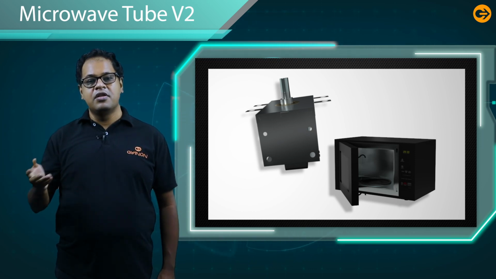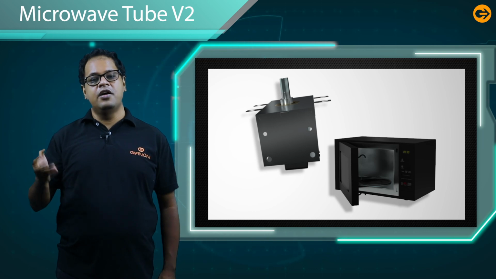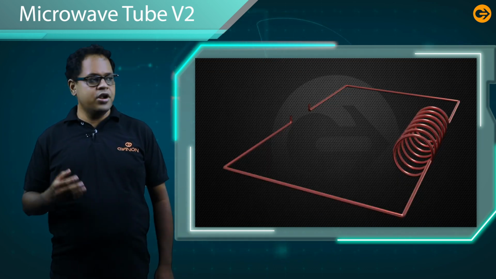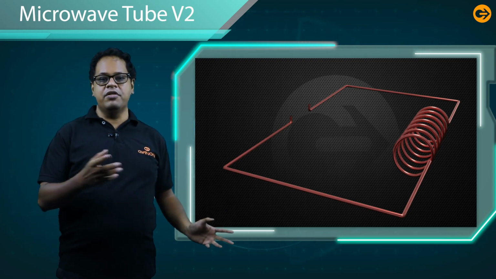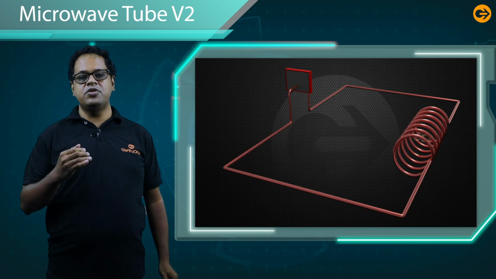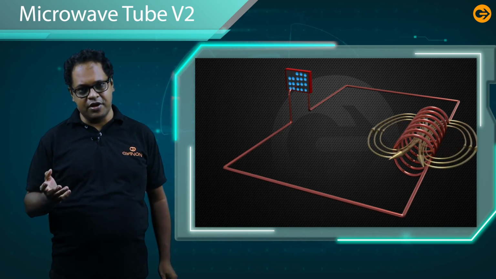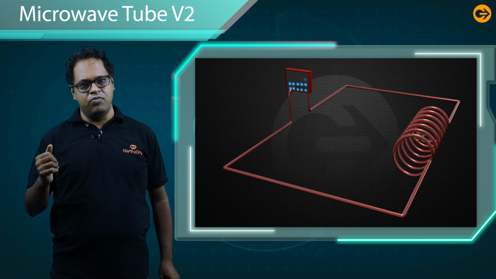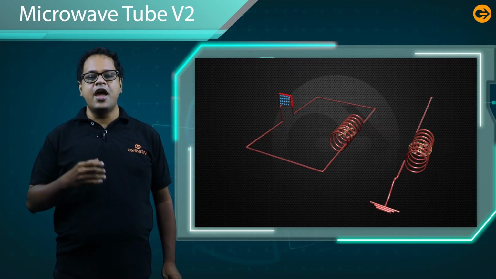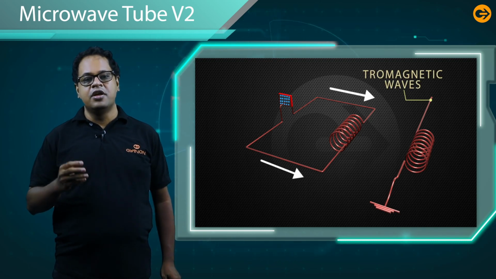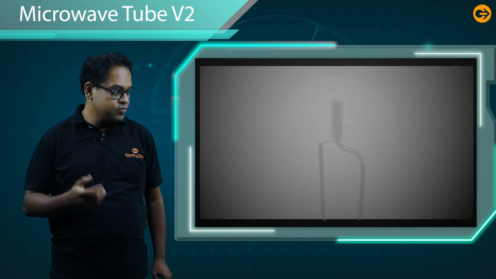Now let us discuss the working principle of the magnetron. The magnetron is operated according to the principle of LC oscillation. In LC oscillation, there is an oscillation between the inductor and the capacitor. And as time progresses, the charges die down. Now, if you bring another inductor near this LC oscillator circuit, there is radiation.